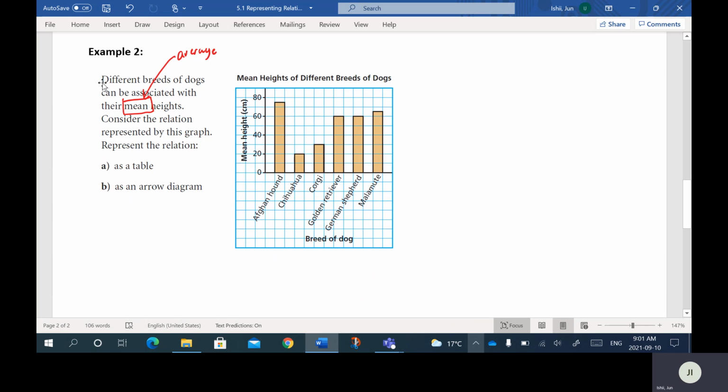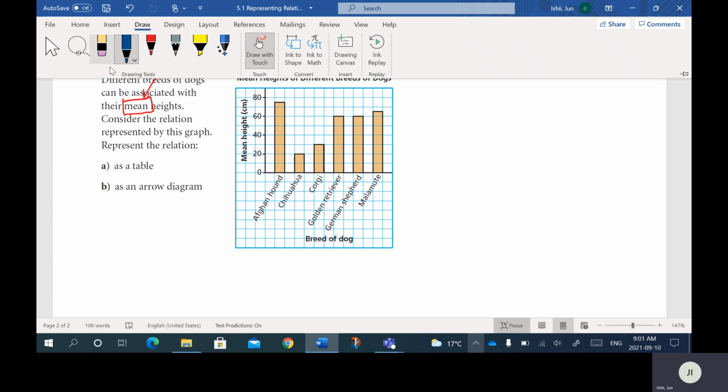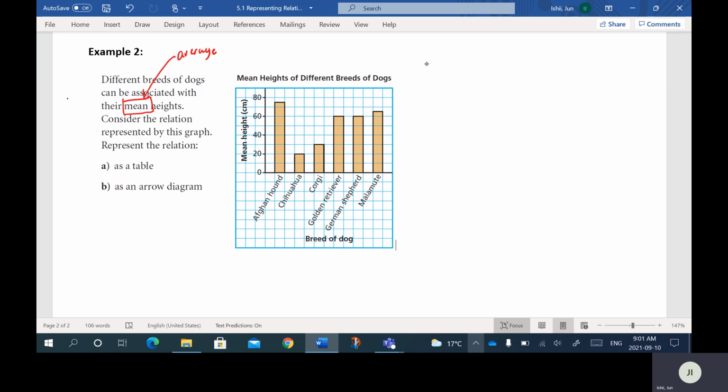All right, so first thing here, we want to represent it as a table. So I'm going to do that over here. Part A, as a table. Down the first column, I'm going to have the breed. And in the second column, I'm going to have the average or the mean height. Let's just start listing off the different breeds. So I have Afghan Hound,